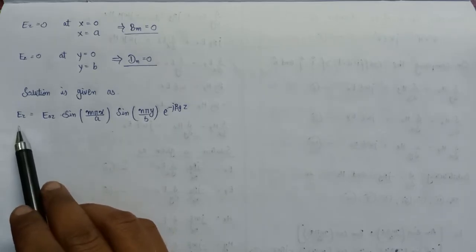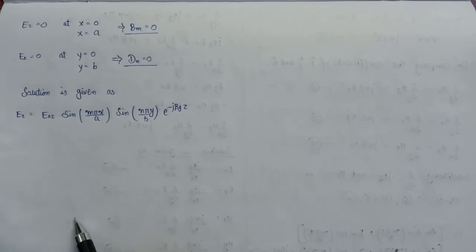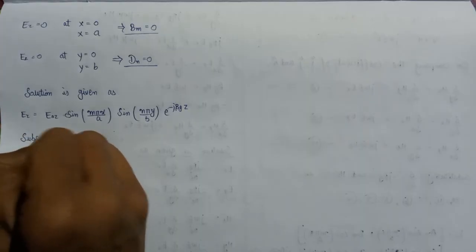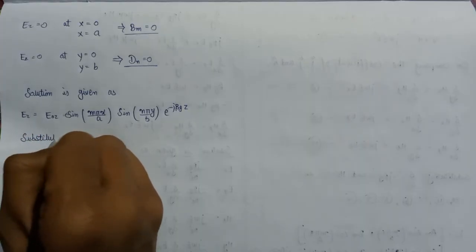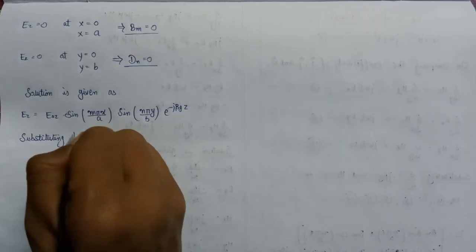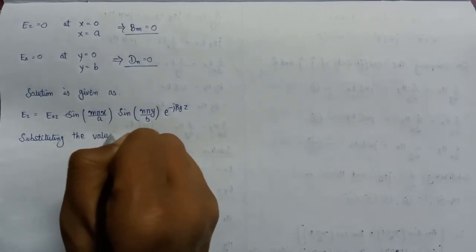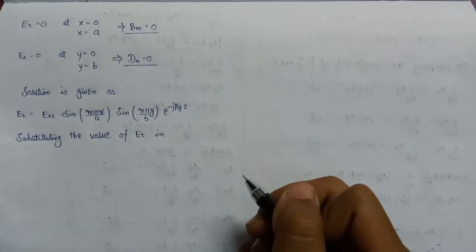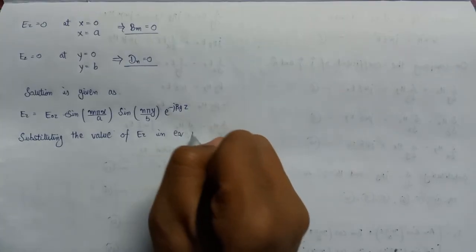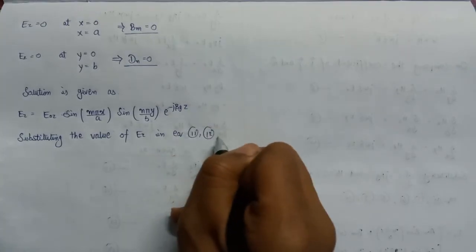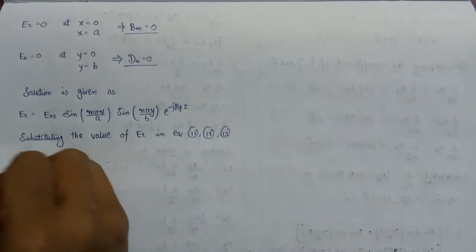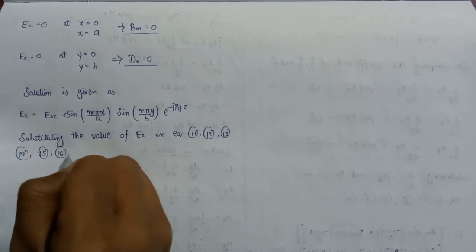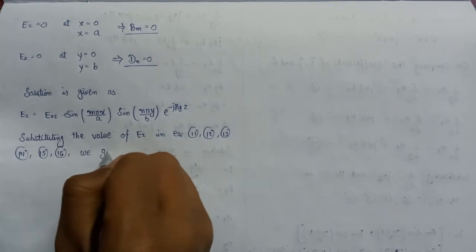So on substituting the value of Ez in equation number 11, 12, 13, 14, 15 and finally 16, we get the value for each and every component as,